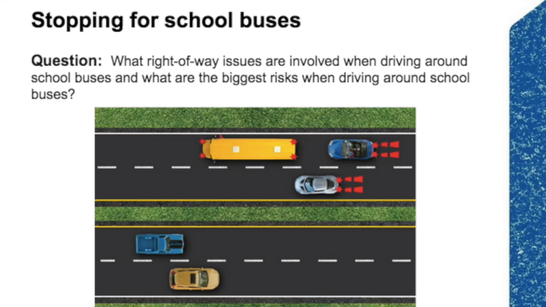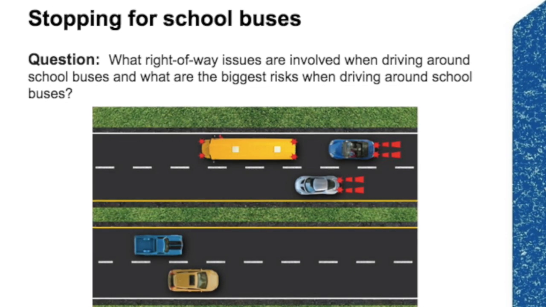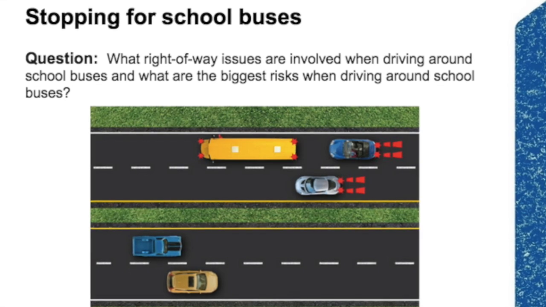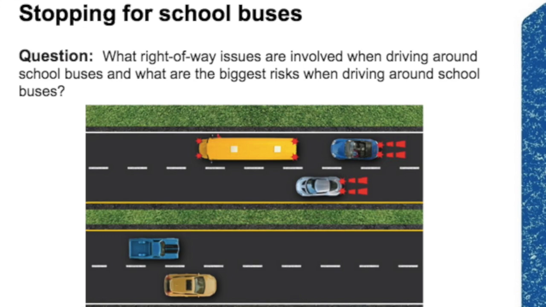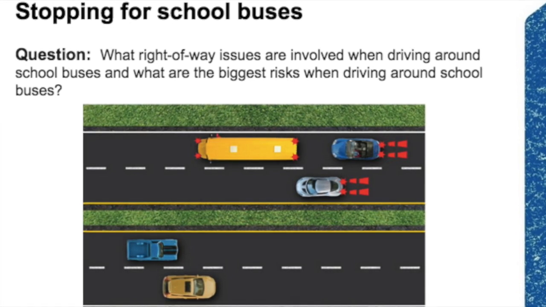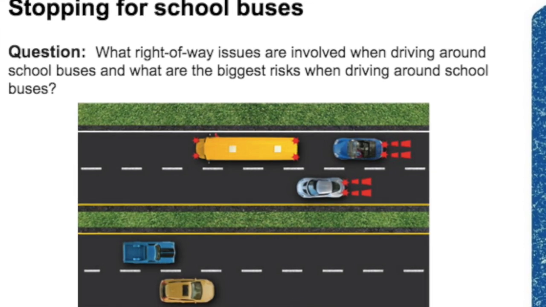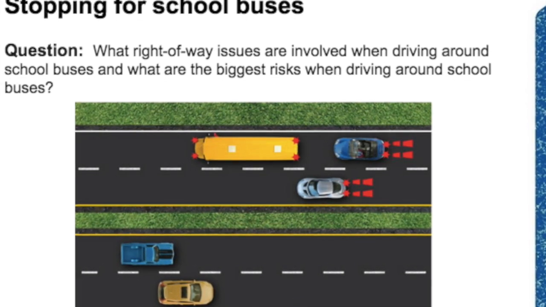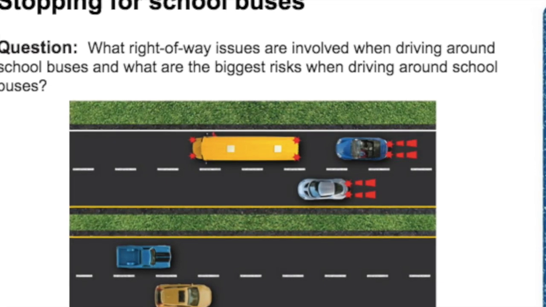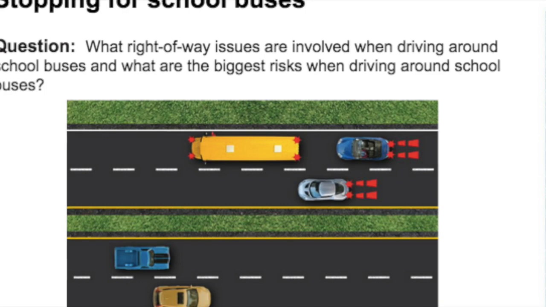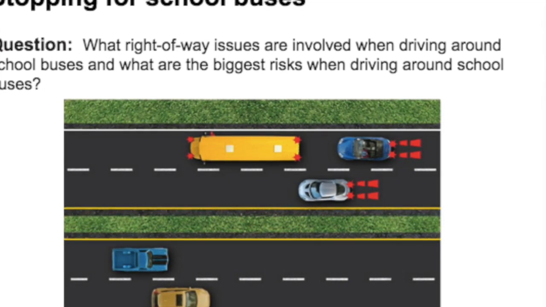Stopping for school buses. Generally, drivers are required to stop when they meet or pass a school bus loading or unloading children. Some states require drivers to stop for a school bus only outside a business or residential area when the red stoplights on the bus are flashing. Other states require drivers to stop for a school bus stopped on any roadway. When in doubt, slow down when you meet or pass a school bus, and stop if the school bus is loading or unloading children or if its red stoplights are flashing.